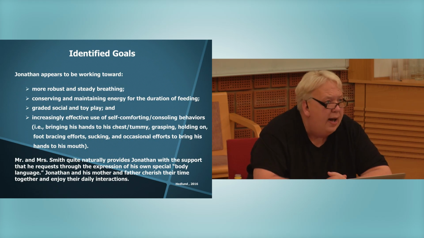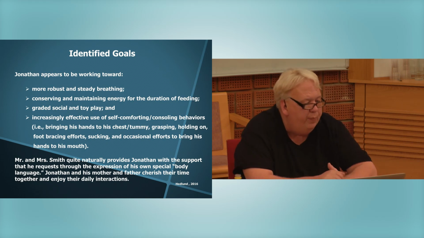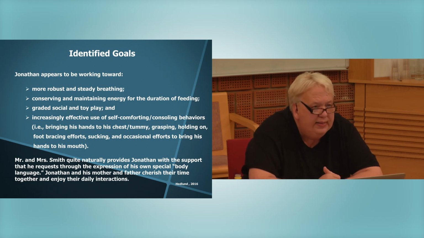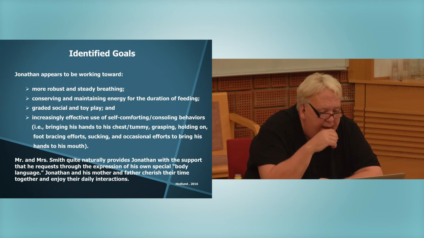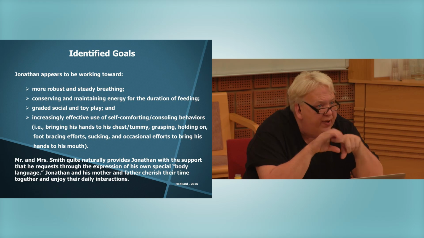And then we look at identified goals that Jonathan is working towards, such as more robust and steady breathing, conserving and maintaining energy for the duration of feeding, graded social and toy play, and increasing effective use of self-consoling behaviors,